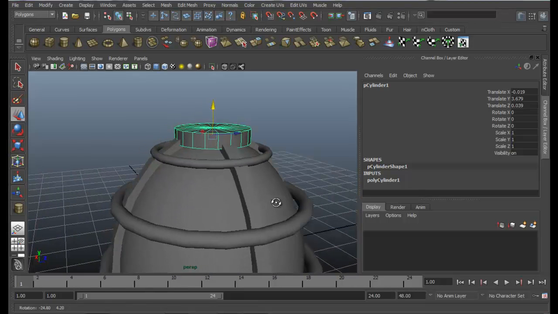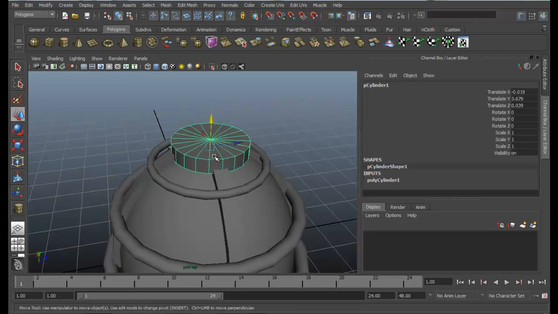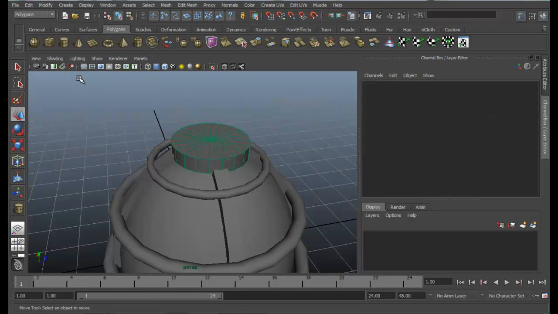Now let's go ahead and create another cylinder, but you can use something else by just extruding from this cylinder also, but I'm creating another cylinder on top of it. So for that, select this cylinder, go to modify and make live.